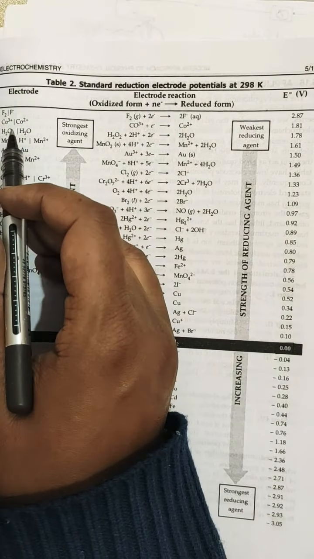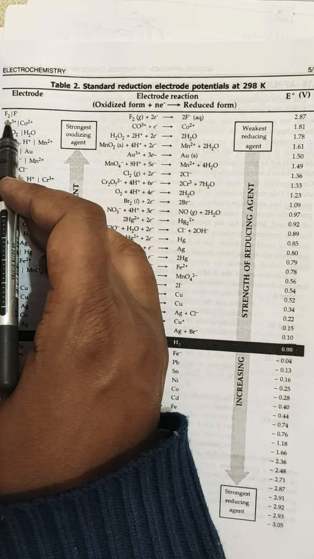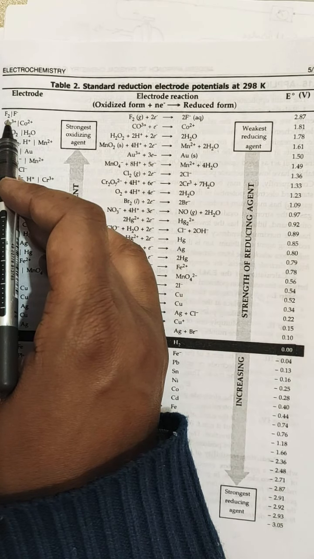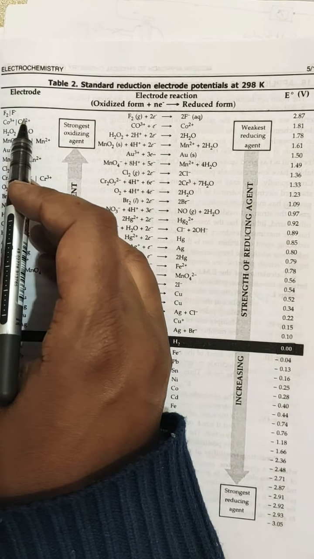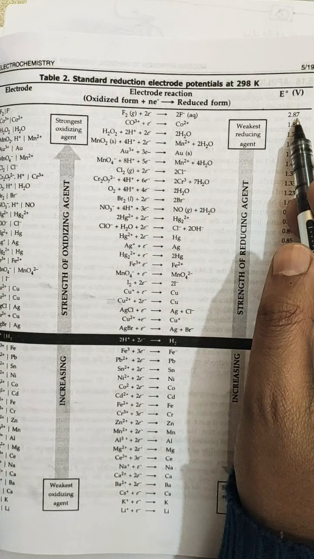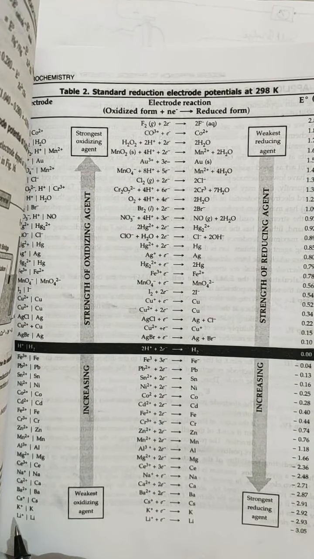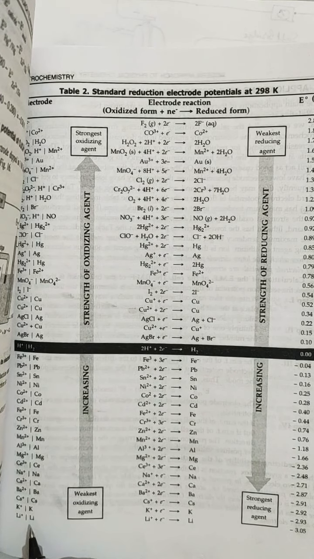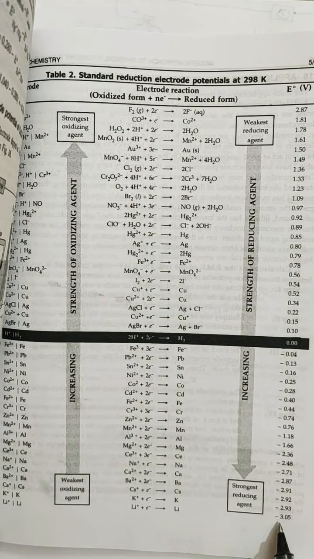So if you see, fluorine is the highly electronegative element in the periodic table, so it has the highest electronegativity, and it always tries to acquire the electron. So this can also be seen from its reduction potential value, because it is easily getting reduced, whereas lithium is the electropositive element, and it is interested in losing the electron, so its reduction potential is very much negative. The highest negative value of the reduction potential is of lithium.